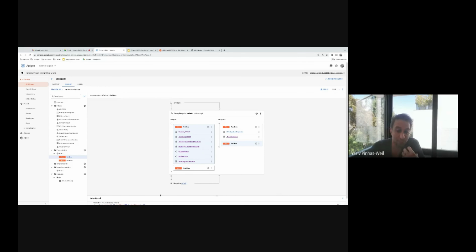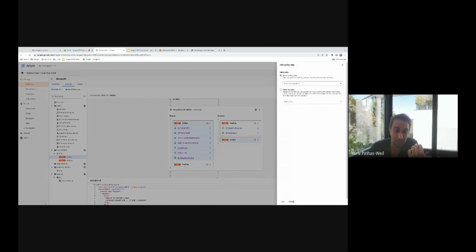And how does it look from the configuration perspective? You can see that it's very easy to create new policies. Very easy to add JSON to XML, OpenAPI spec, XML to JSON. You can do whatever you like. You can remove HTTP headers, you can enrich the API call. There are a lot of policies to really help you focus on the actual